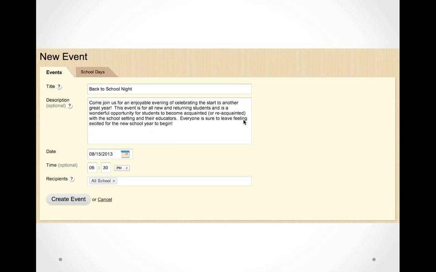And of course, I can also use this for individuals. If I'm a school administrator, I can put things on my own calendar. Maybe I have a school tour tomorrow, and I need to go ahead and post that, or I have a parent meeting tomorrow. If I'm a teacher, maybe I have a staff meeting, or any other sorts of meetings or events that you need to create. They can be private and viewable only by you by selecting your own name, or they could be available to any other individual or group or the entire school.